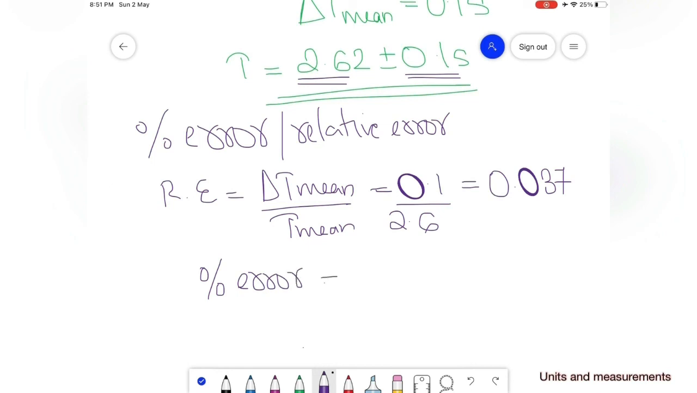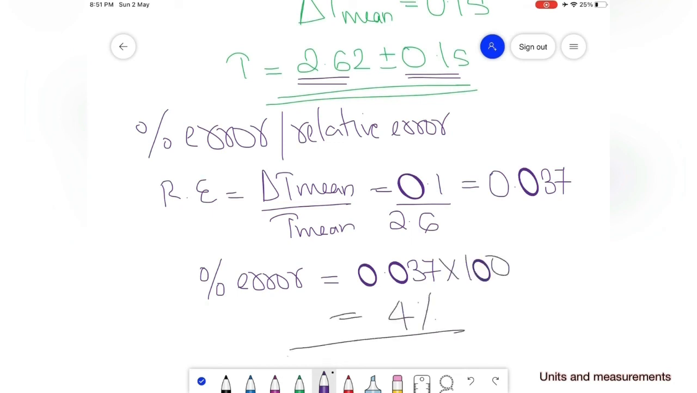Now what if you want to find out the percentage error? So how do you find the percentage error? We just have to multiply by 100. But then we get 3.7 percentage. But since it's 7, we can round it off to